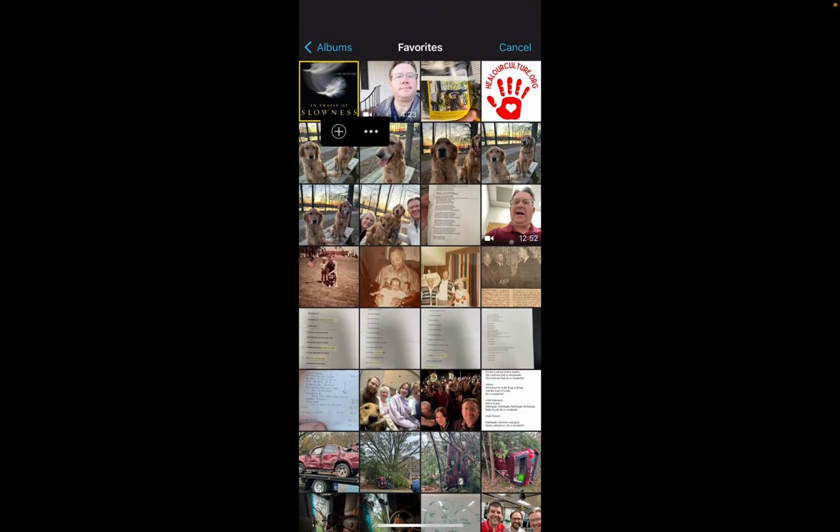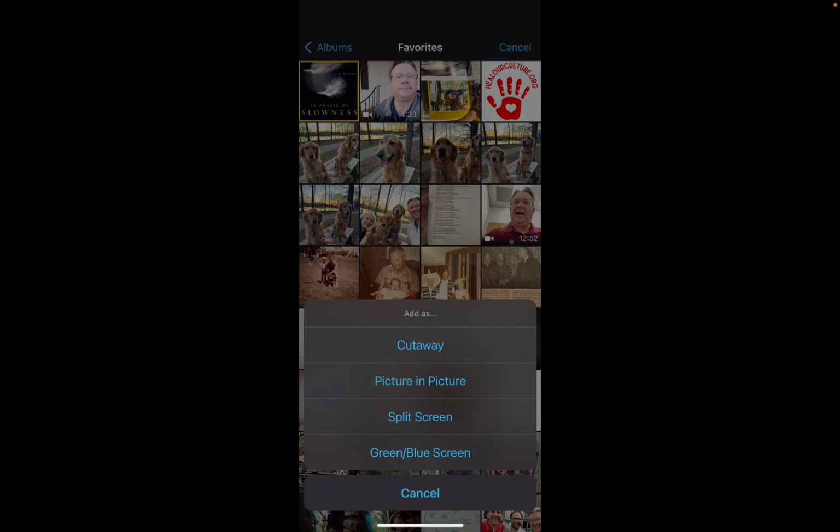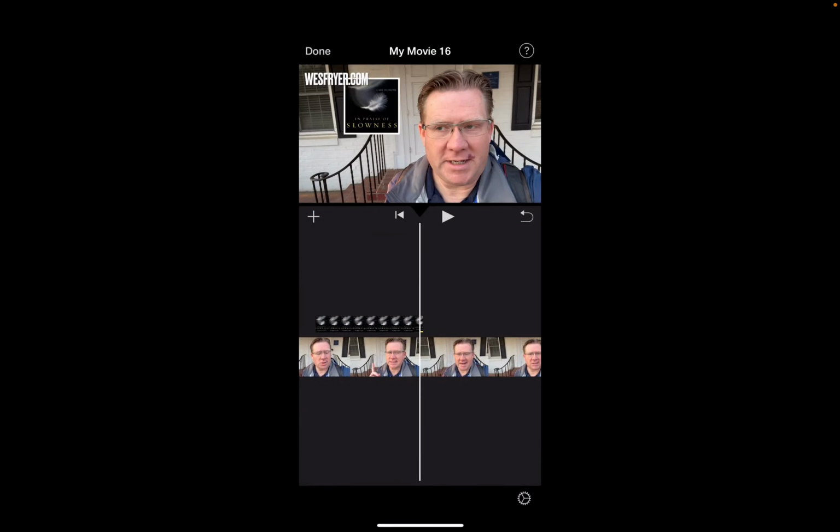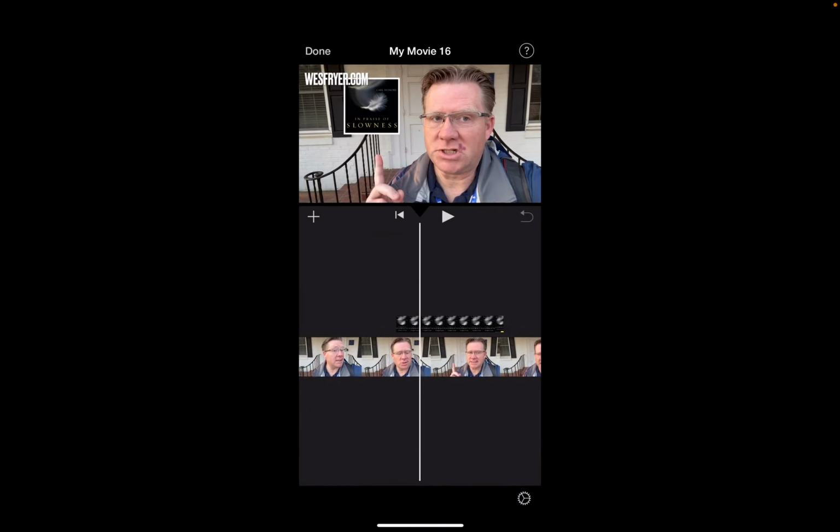This time, instead of tapping the plus, I'm going to tap the 3 dots that are right in the bottom right corner of that image. And I get these choices. I can add that picture as what's called a cutaway, a picture-in-picture, a split screen, or I can be using green or blue screen. And my favorite to use, the one that I do the most, is picture-in-picture, and I'll show you why. This allows for that